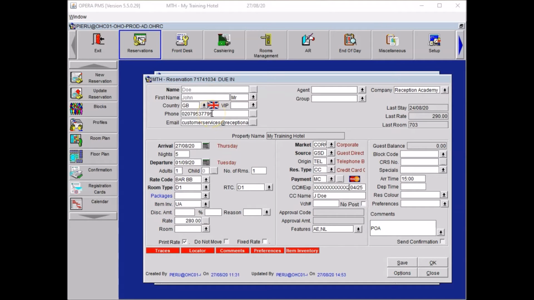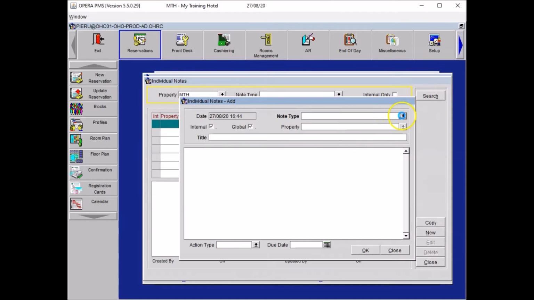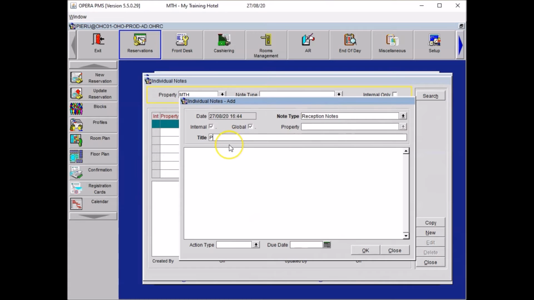Guest is a non-smoker and does not want to be given a smoking room. He made a serious complaint the last time he was given a smoking room. So you had different things to do here. First, you wanted to record it to the profile, so as a profile note. Let's go to the profile ellipsis, click on Options, select Notes. The room allocation will be a reception note, so past complaints,